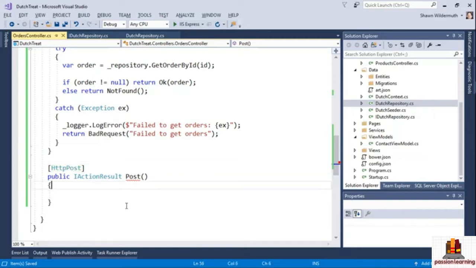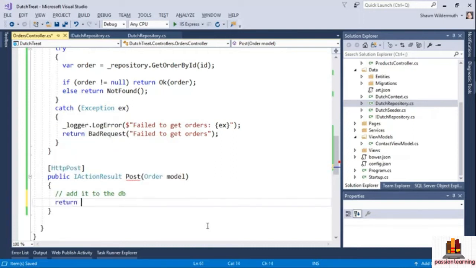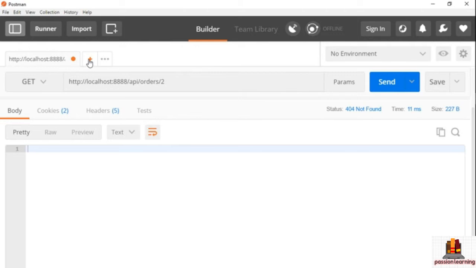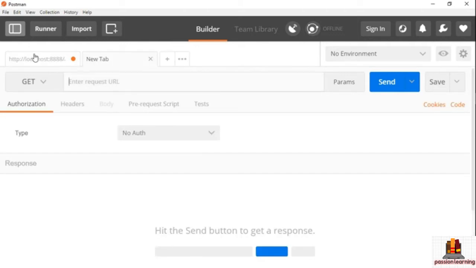But how do we actually handle a post? Let's put in as a parameter the model that we want. So this is going to be a new piece of data that we're going to send down into the post. And then here we'll add it to the database. And we'll do that in a moment. I'm just going to return OK for now, just as a placeholder. And let's set a breakpoint here so we can construct a request and see how that data is being handed down into the model. Let's create a new tab in Postman